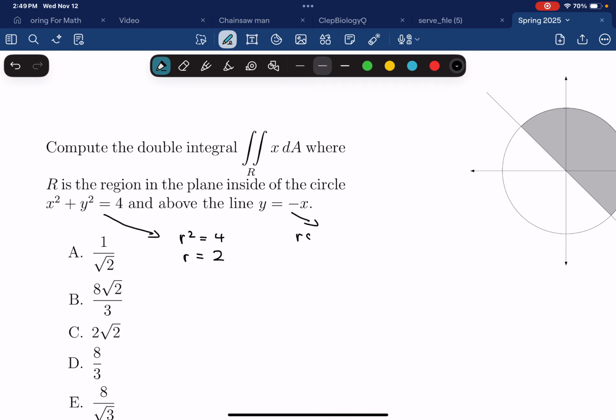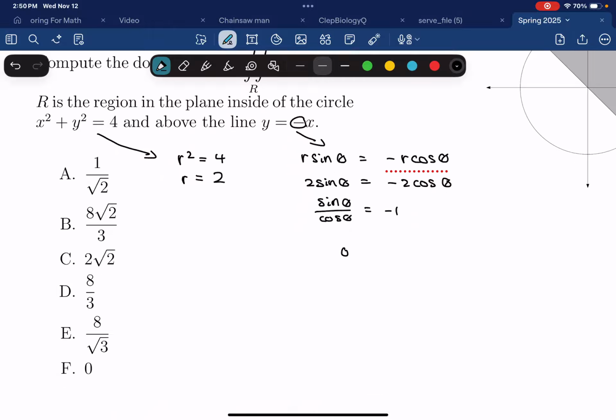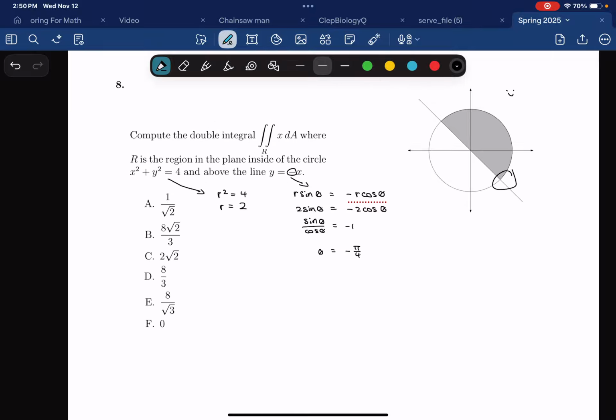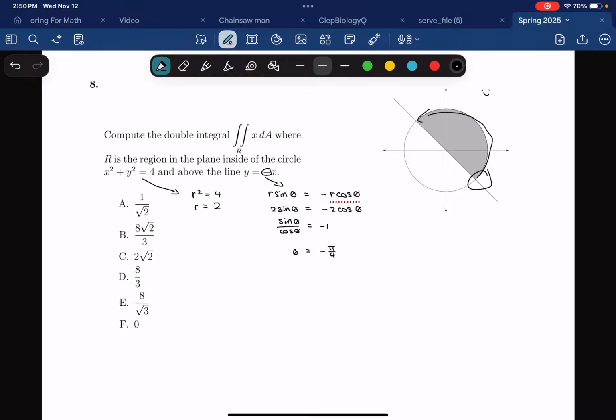Y is equal to r sine of theta, while x is equal to negative r cosine of theta, because this is negative. Okay, so in this case, you could say 2 sine of theta is equal to negative 2 cosine of theta. So sine of theta over cosine of theta is equal to negative 1. In this case, theta would be equal to negative pi over 4, as seen right here. Now you could evaluate the entire integral, but what I'm going to do is just evaluate half of the integral